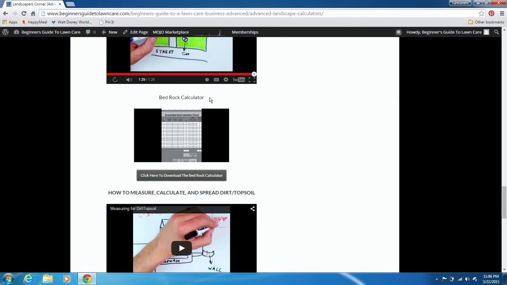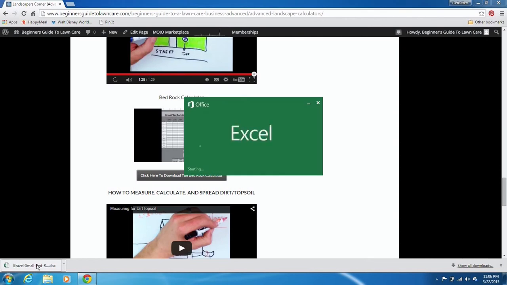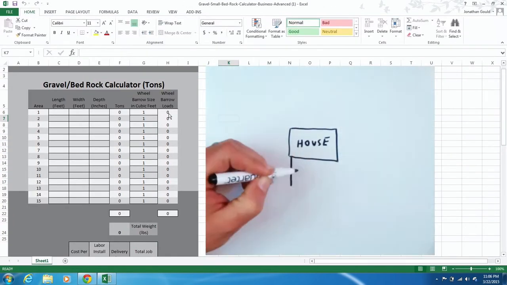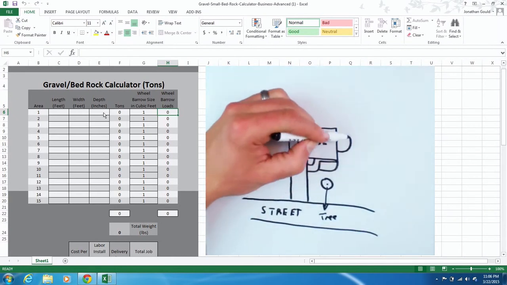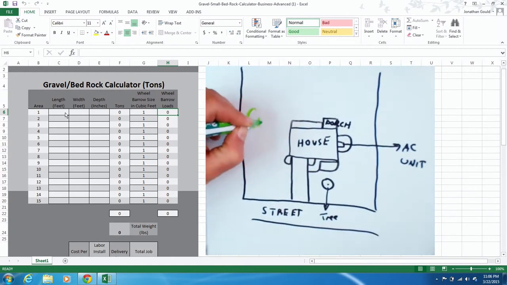So just like all the other calculators, you will click here to download the Bedrock calculator. So you're going to click there, and it just downloaded here to the left. We're going to open it up in the Excel workbook. Obviously you're going to have Microsoft Office for any of my calculators. You're going to go up here and click Enable Editing, and then we're going to actually look at this calculator,